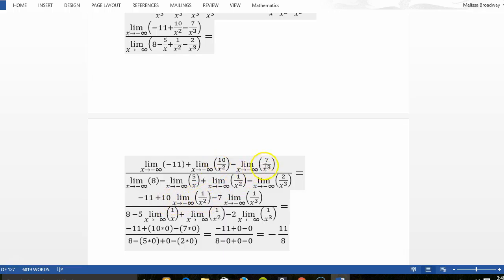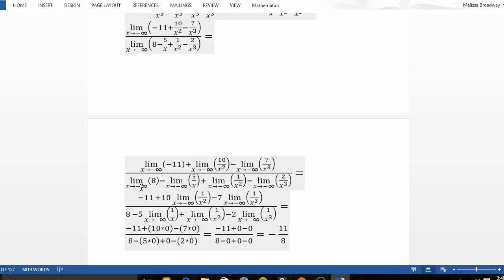I go ahead and yank out the 10. I yank out the 7. But that's just more showing off. These limits are going to be 0 because as x gets really big... All these things that I've said for this example would be true if x was going to positive infinity. It really doesn't matter in this example which infinity we're going to, but I wanted to pick one, so I'll